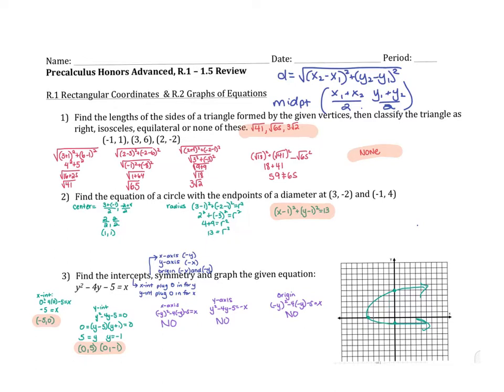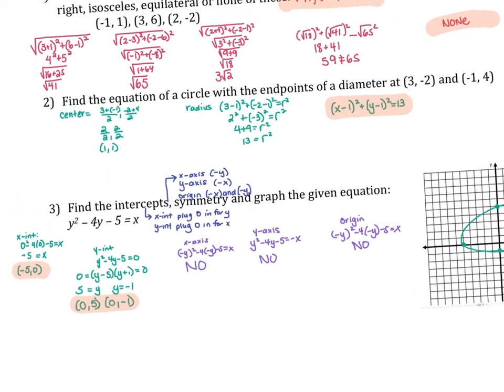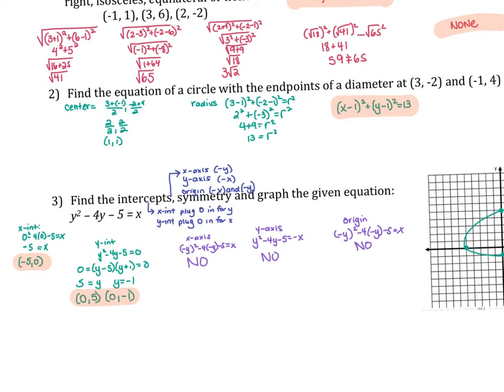Okay? If it's right, I'm looking for a squared plus b squared equals c squared. In that case, I got like 59, which does not equal 65. And then no two sides were the same, which meant no isosceles or equilateral. Questions on 1? Okay. Number 2 was your diameter, and so I found the center being 1, 1, and the